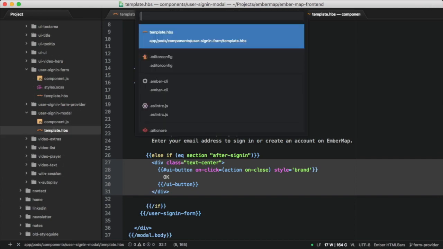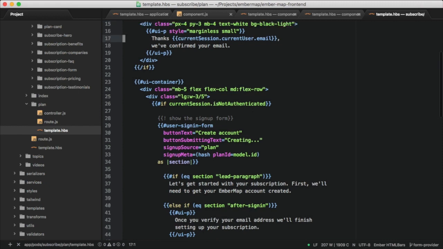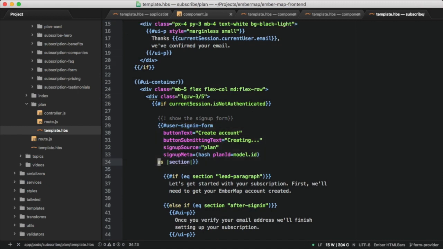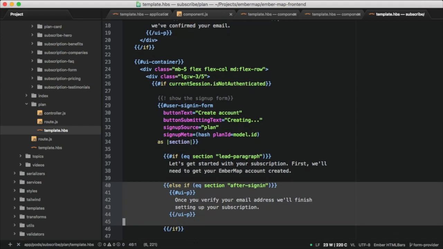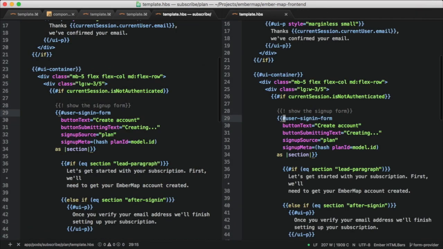And if we pull up the subscribe plan template, we can see down here on line 29, we're also rendering that form, and we're customizing the button's text, and we're also customizing the copy that we render in these two sections. So this is a decent way to reuse some of the logic in sign-in form in both of these places. But if I open these next to each other,